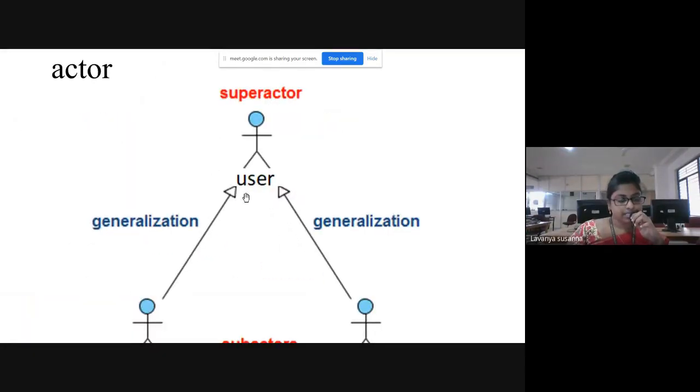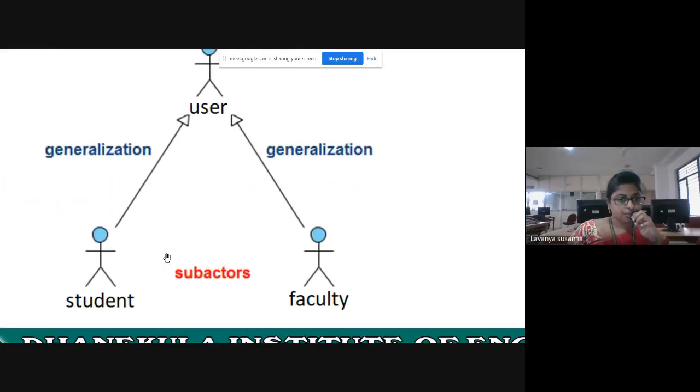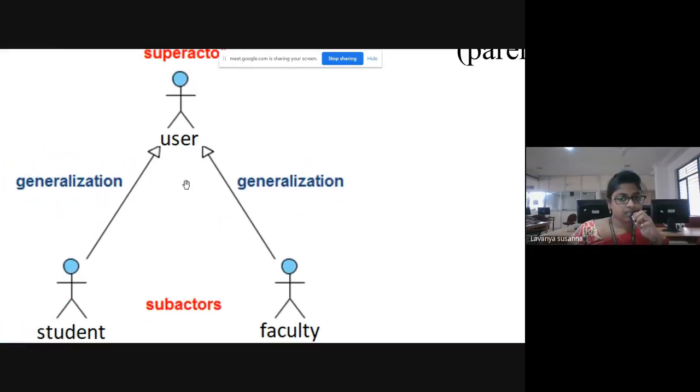Now, this triangle symbol must point to the parent. I hope you understood. Once again, to represent generalization, draw a solid line and then draw a triangle. The triangle must point to the parent. Student acquires the properties of user and faculty acquires the properties of user.